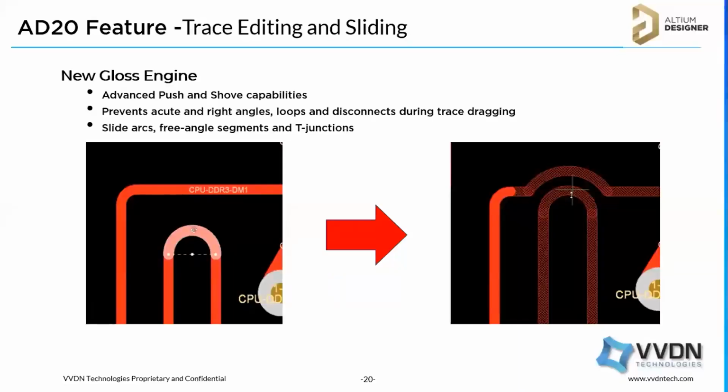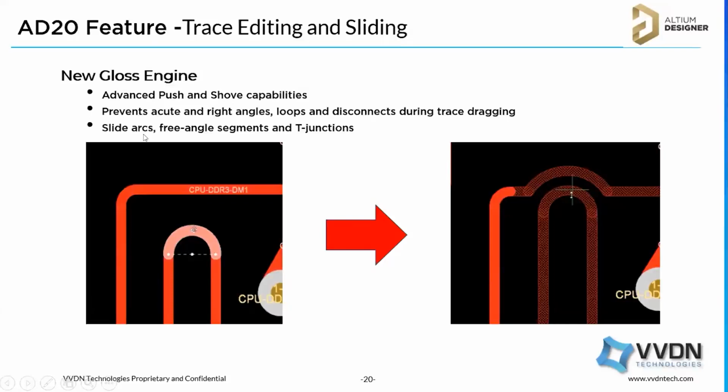So next, the sliding option in AD20. This is one very useful feature. If you are working on the cleanup section and adjusting the signal, you might have faced this issue: if we adjust the arc signal, it will disconnect from the line and come as a separate segment. It is not easy to adjust, right? We have to select the complete signal and adjust it. But in AD20, you can simply adjust it, and it will adjust the nearby signal also to avoid cleanup. Whether it's an arc or 45 degree, we can adjust.